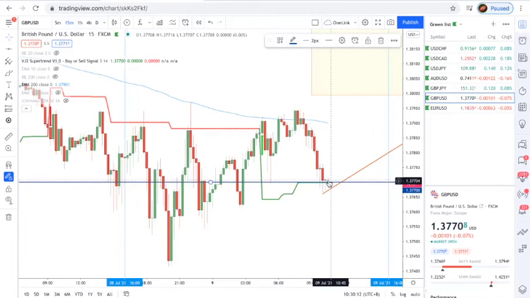So it's still trying to break that particular barrier. The bears are trying to push the market down. They made one attempt, cannot. They tried a second attempt, cannot. They're doing the third attempt now, whether they can break the market, or the bulls are trying to hold the market. So this is how you need to look for the entry and the exit of the entry